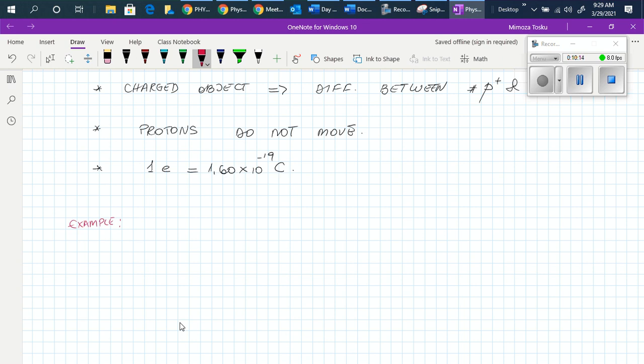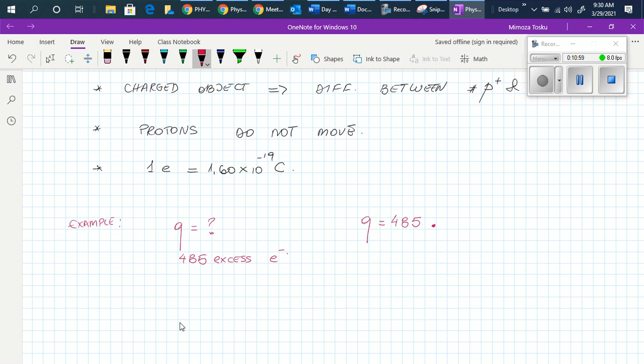So now when we have a question in which we are asked what is the charge? Charge is assigned the letter Q. What is the charge of an object that has, let's suppose, 485 excess electrons? The charge is created, as we said, based on the motion of the electron. Since it has more electrons than protons, then the charge will be whatever the number of electrons is, so in this case is